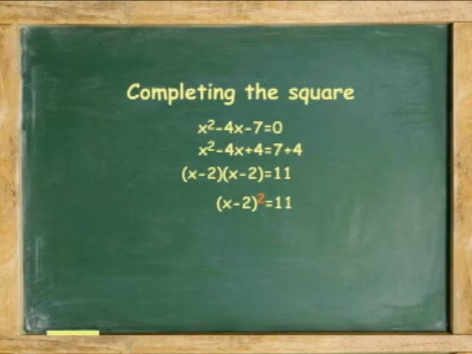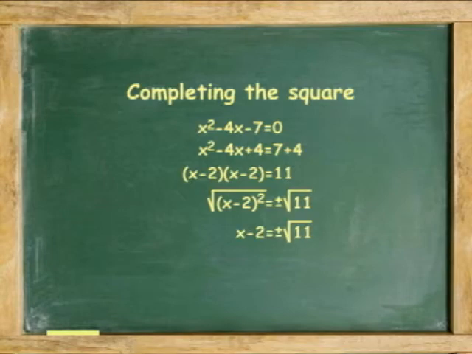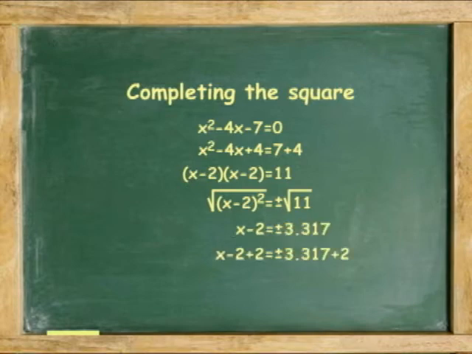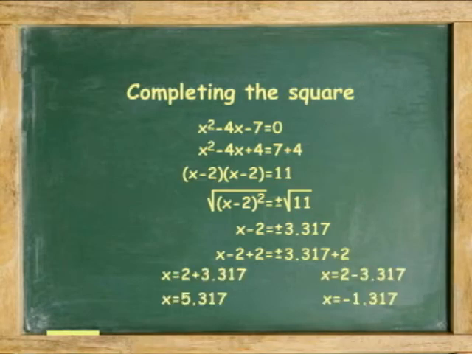Step 4. Find the square root of both sides. x minus 2 is equal to plus or minus the square root of 11, which is 3.317. Add 2 to both sides to move the -2 to the right. x has two values, 2 plus 3.317 and 2 minus 3.317, or x equals 5.317, x equals